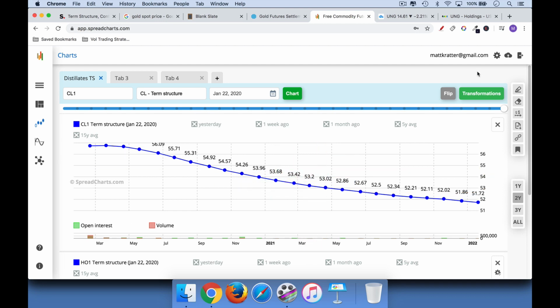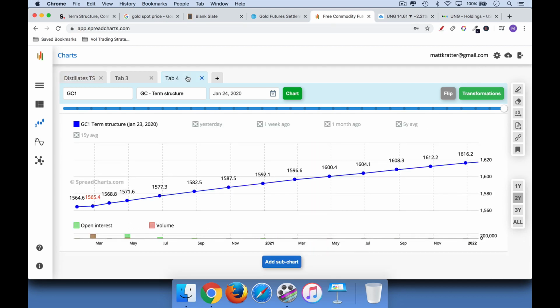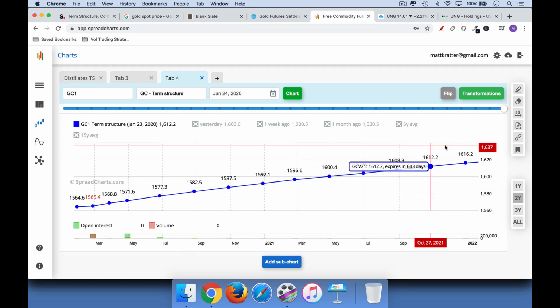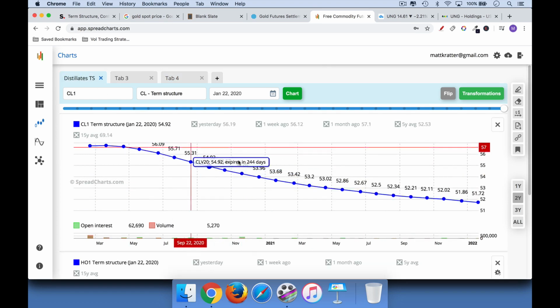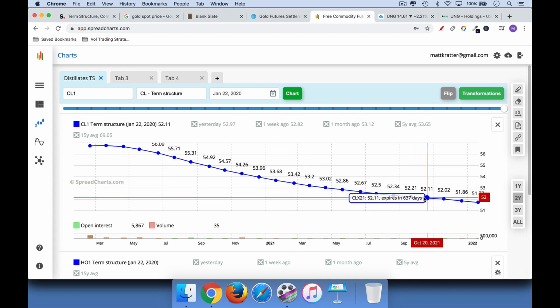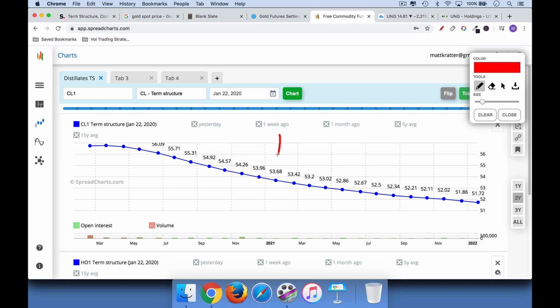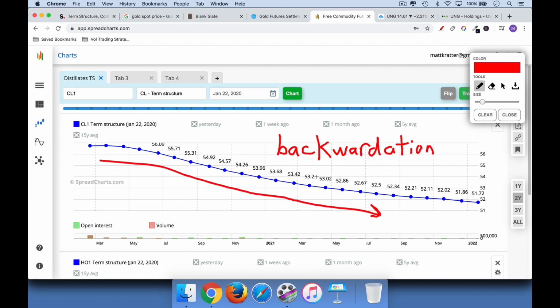Now you can see that this is sloping in a different direction. So gold had a contango term structure. It was upward sloping. Crude oil here is downward sloping. This is often called an inverted market, an inverted curve, a negative sloping curve. And the main term for this that you'll often hear is a very fancy term called backwardation. I've often wondered why they don't call contango forwardation. That might be a better word for it. But it's basically backward plus ation. Backwardation just means a downward sloping term structure. So you have all the different delivery dates here.